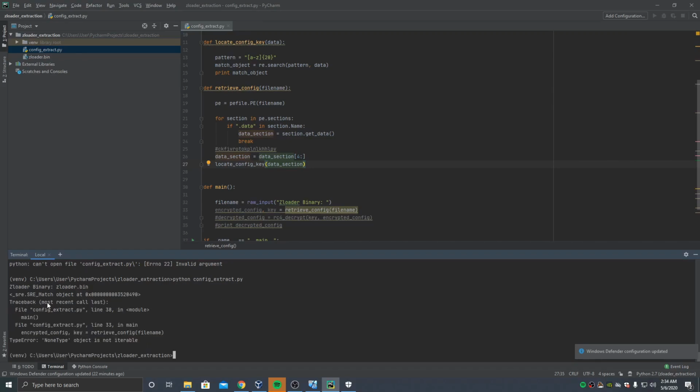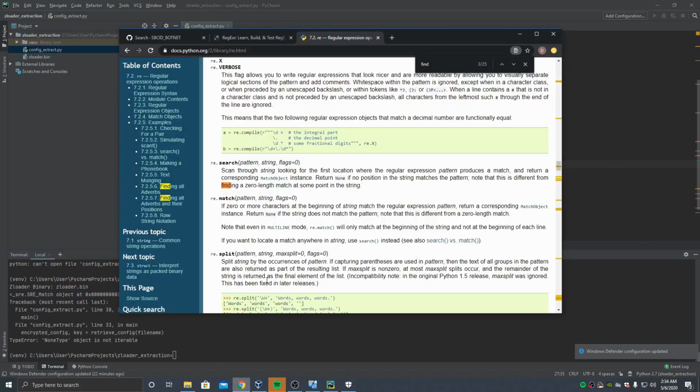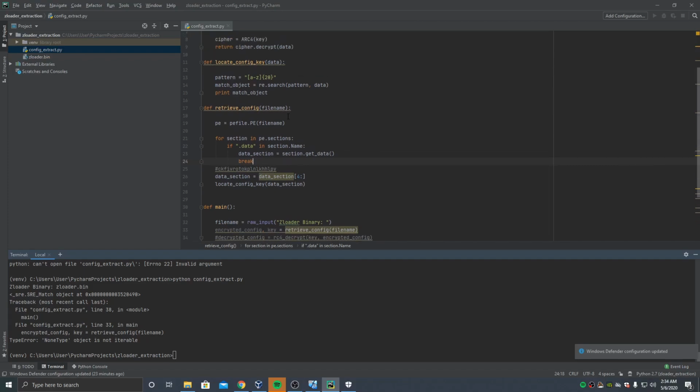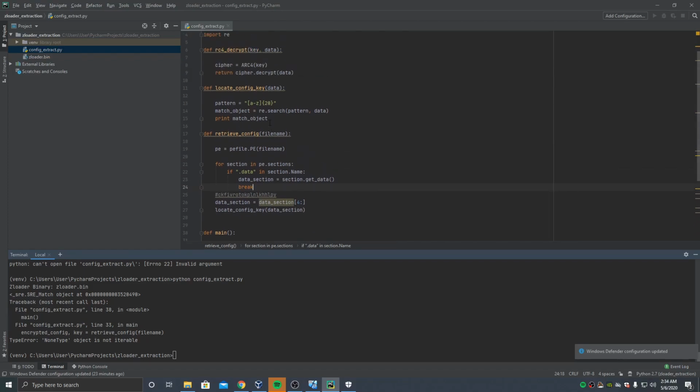zloader.bin. We have a match object. If you remember, it says that it will return None if no position in the string matches, so it has definitely found a key inside of it. Regex is extremely useful when you're dealing with unpacked samples that haven't been rebased properly, or offsets are quite different,